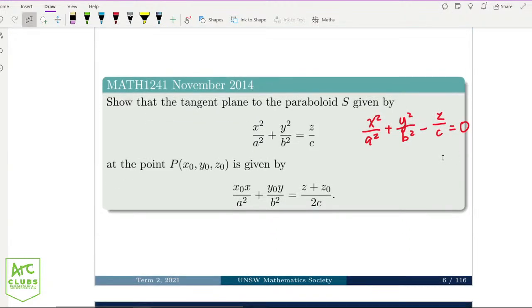So then what we can do is take the partial derivative of our function f over here. That involves treating all other variables as constants. What we're going to get would be this. So now that we have the partial derivatives that we require to actually find the normal vector, we can